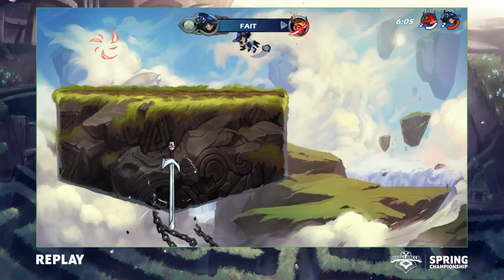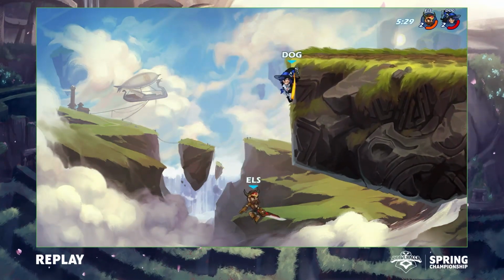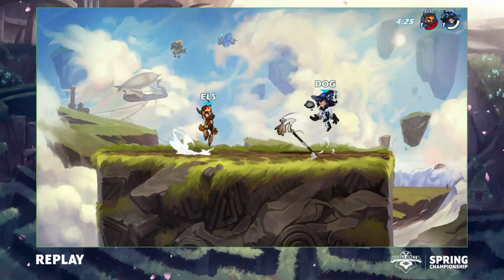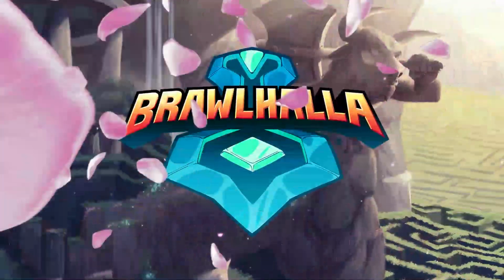Elsom put up a really good show and woke up and was feeling himself in that first game. He was going crazy with it. Even that down air, if we remember, was very clean. But Doggo, like you mentioned, the rabbit and the... I was about to say the rabbit and the tortoise. The rabbit